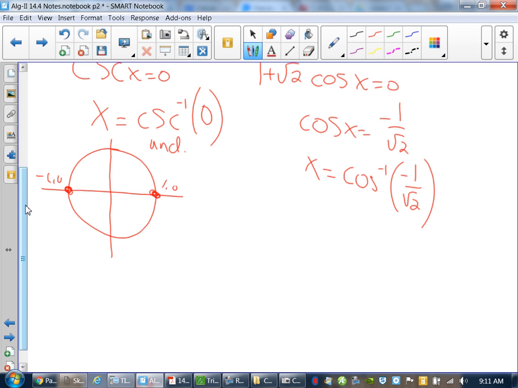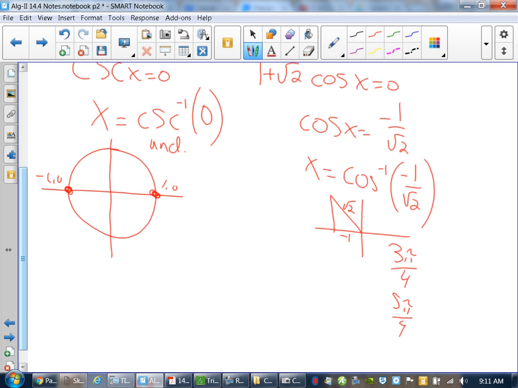But then cosine of negative 1 over 2, that means your cosine values are going to be in second and third quadrant. That means I'm looking at the negative 1 as my adjacent, my root 2 is my hypotenuse, which means it's got to be a 45, 45. So going into the second quadrant, that means it's 3 pi over 4. And then third quadrant would be